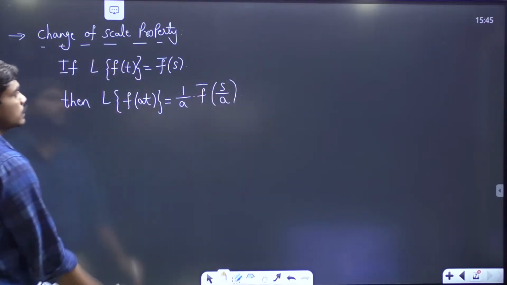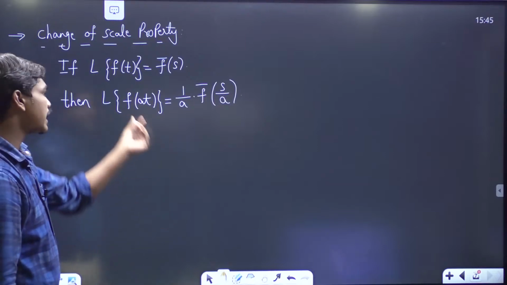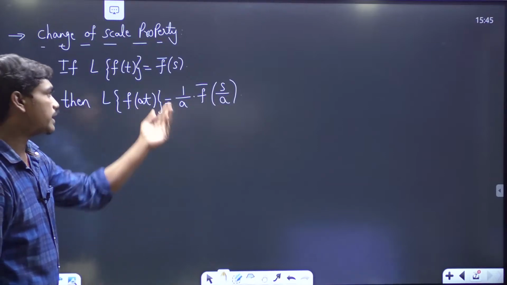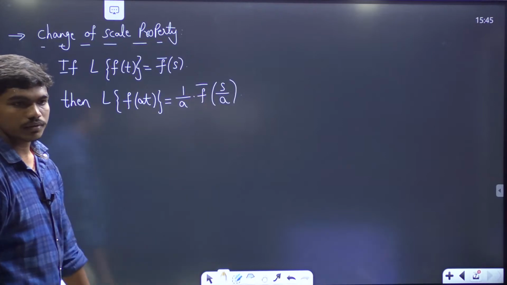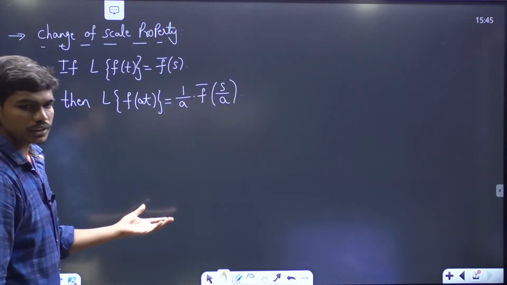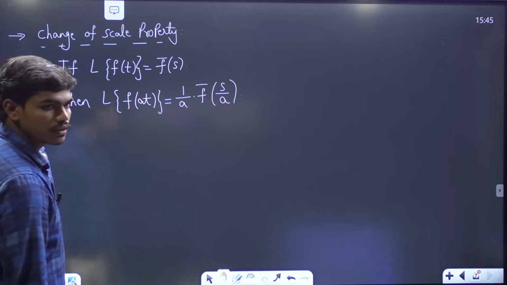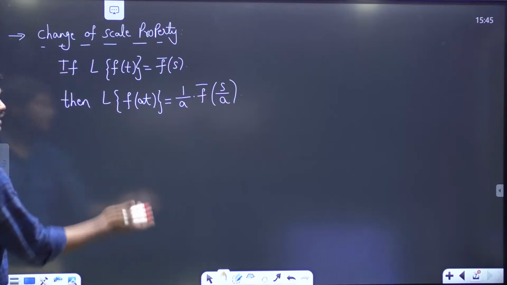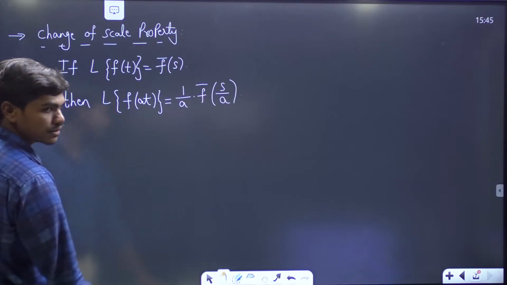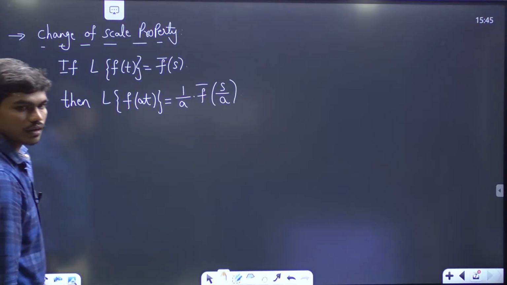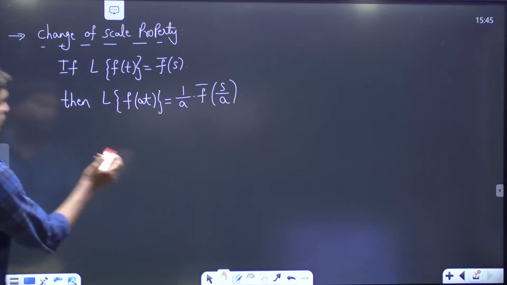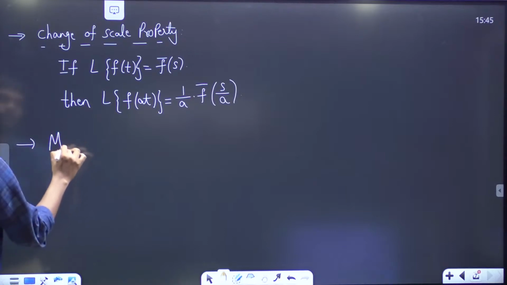Okay, so this also, if you want, you can prove easily. You can take at is equal to some v, then you will be getting this term actually. Okay, so please try to prove this. It's simple really. I'm not proving it at this instant. Okay, fine. So see here, next we go for